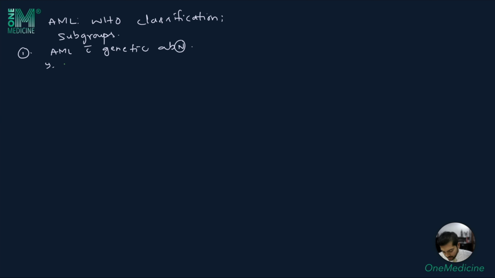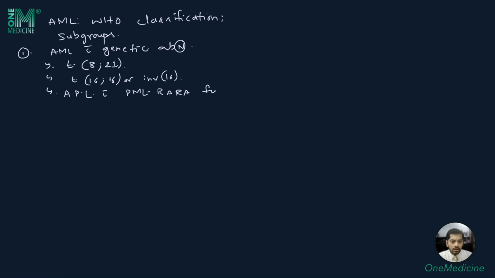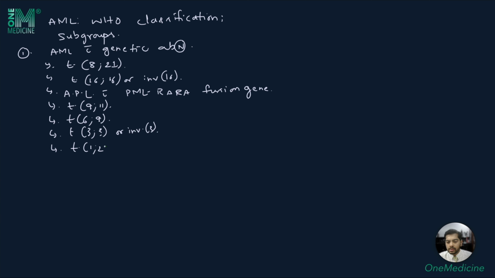In that, there is AML with translocation between 8 and 21st chromosome, translocation between 16 and 16th chromosome, or inversion of 16th chromosome, acute promyelocytic leukemia with PML-RARA fusion gene, acute myeloid leukemia with translocation between 9th and 11th chromosome, acute myeloid leukemia with translocation between 6th and 9th chromosome, acute myeloid leukemia with translocation between 3rd and 3rd chromosome itself, or inversion of 3rd chromosome, translocation of 1st and 22nd chromosome in megakaryoblast leukemia,